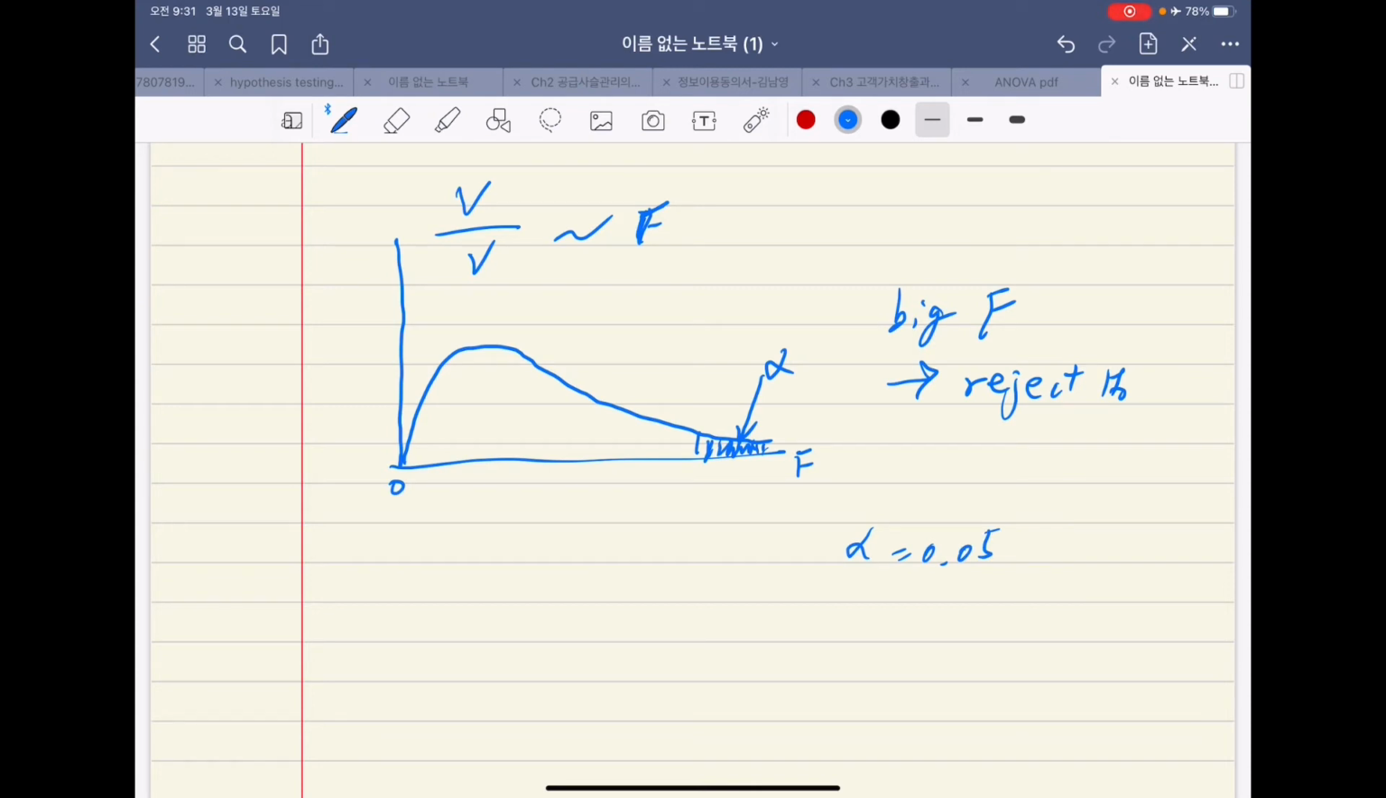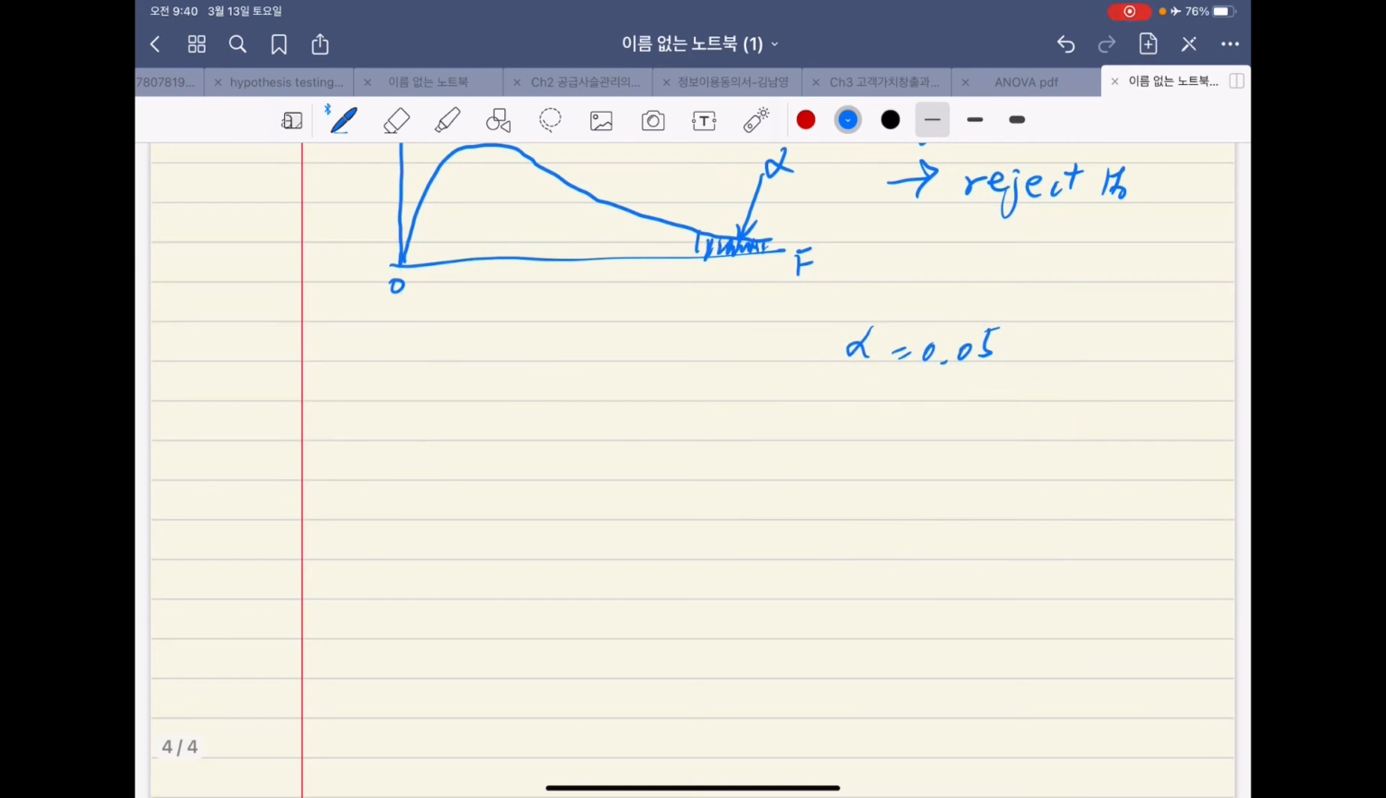And for the F distribution, you need to know two types of degrees of freedom. One is for the numerator, and the other one is for the denominator. We'll talk about this when we do the actual example. Now, when we do the actual hypothesis testing by using